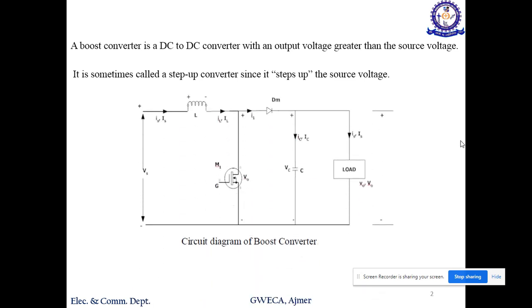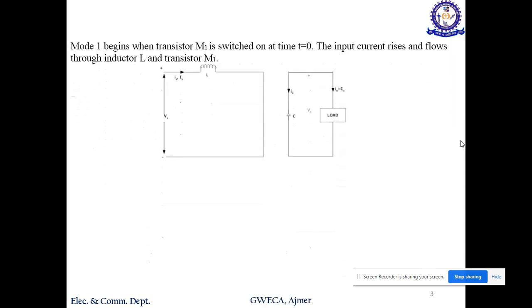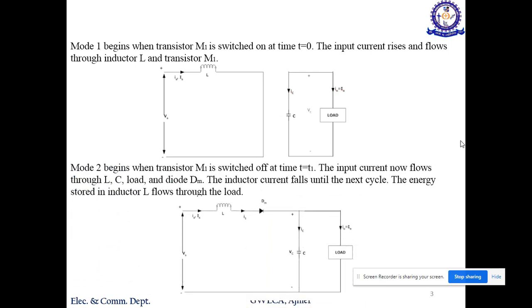So very basic circuit. We have changed the positions of the inductor and the diode, and we have used a MOSFET. When the gate pulse is high, the MOSFET is on; when the gate pulse is low, the MOSFET device is off. So there will be two modes of operation. In mode first, your MOSFET is on, means your gate pulse is high, your output is completely disconnected from the input side. So V out is equal to 0 during the T on period. And during the T off period,